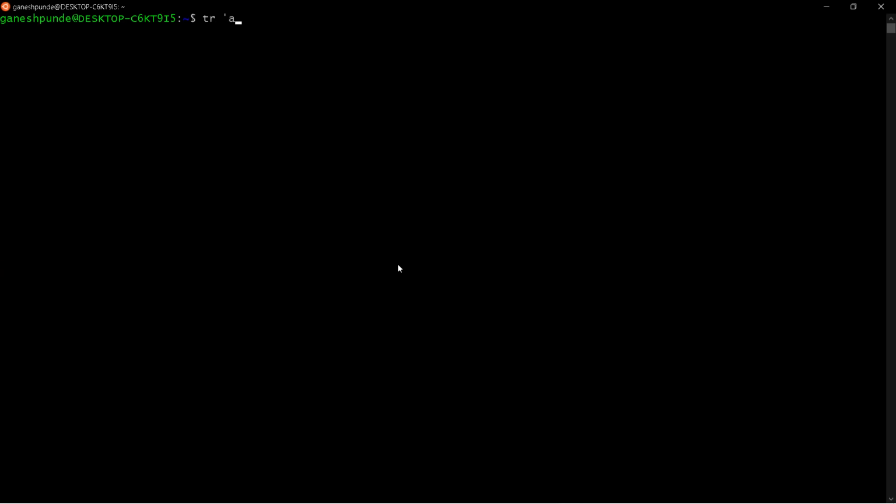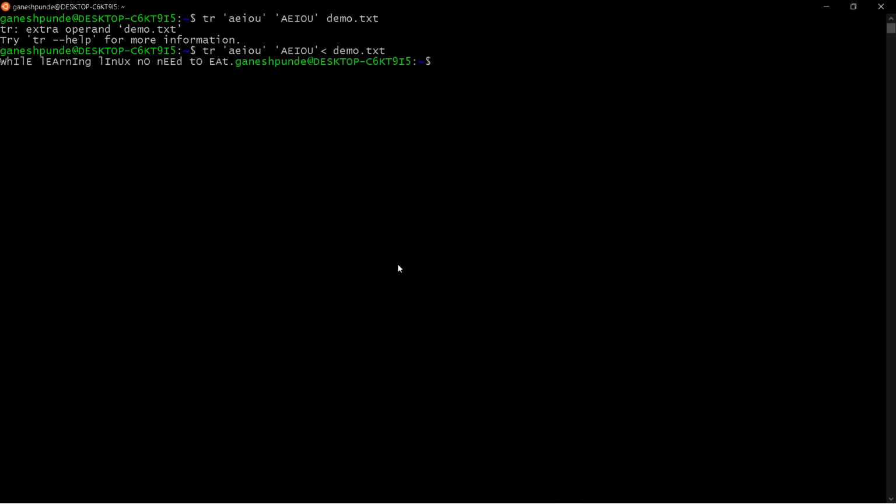So if I say AEIOU, I want to replace it by the capital letters AEIOU, and I want to use demo.txt. You can see now what I did. The small case vowel is replaced by the uppercase vowel, right?